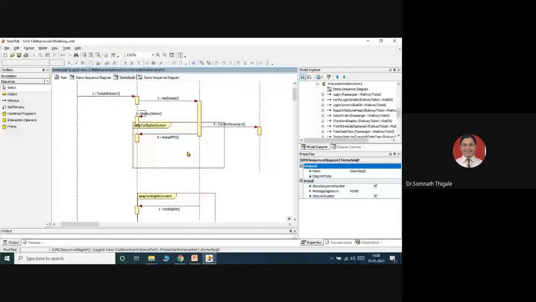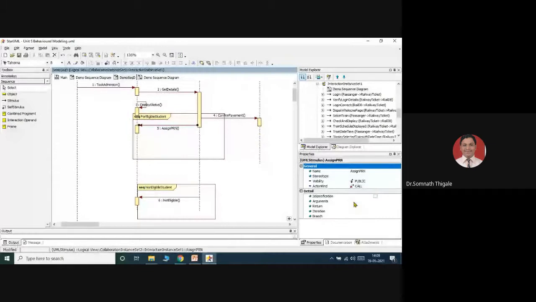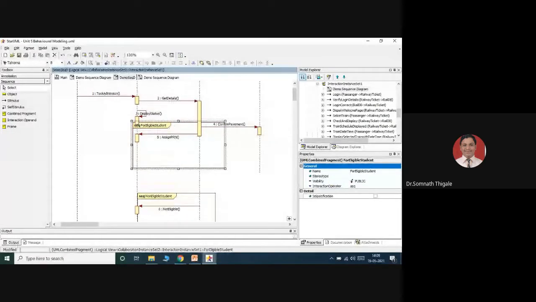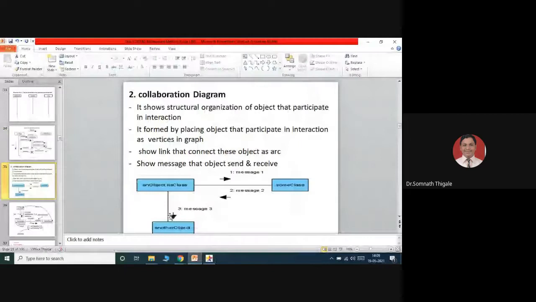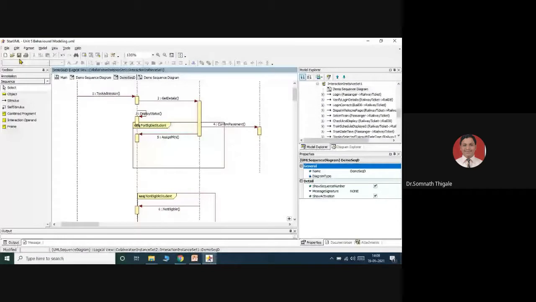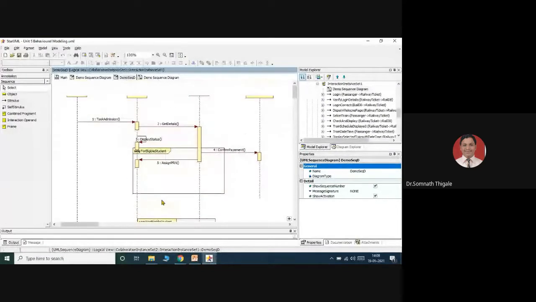So those conditions I can assign over here. For example, I'll consider the action kind callback again. So this will depend on some conditions. Those are the conditions I'm considering in terms of their scenario. Once I completed my sequence diagram, I can show you how to convert this sequence diagram into